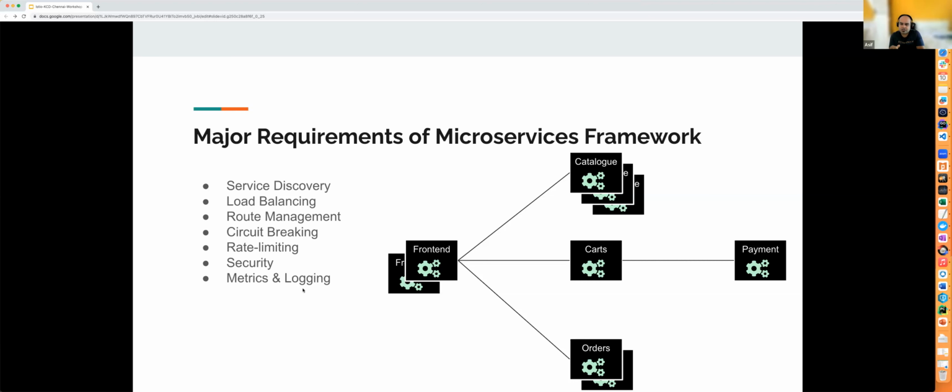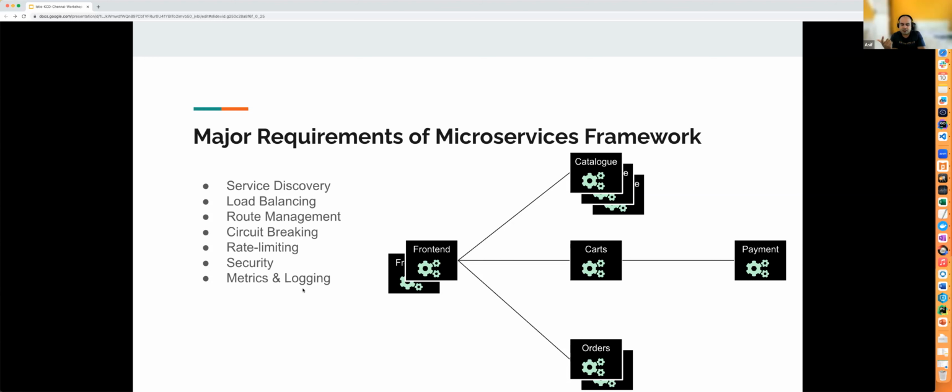So service discovery plays a very important role in any microservices framework. With service discovery itself, one microservice is able to communicate with another microservice, and all of this service discovery should happen dynamically. It should not be a hard-coded thing, like okay, the catalog is going to run on this and it will keep running on this. Because if you go to the cloud native space, the way containers come up and go down is very frequent and very dynamic. So service discovery should be very dynamic.